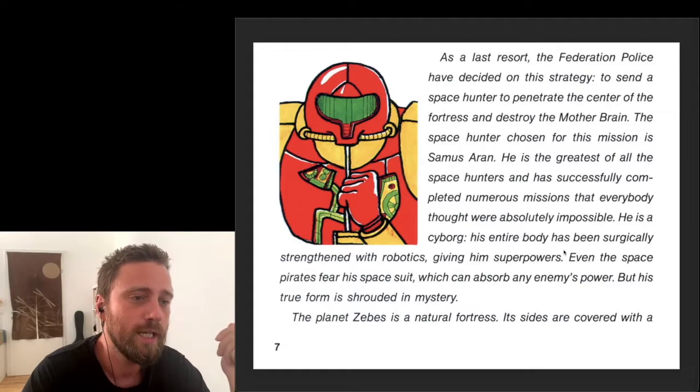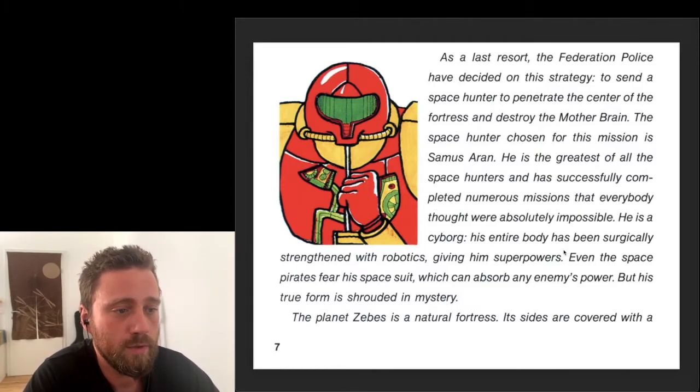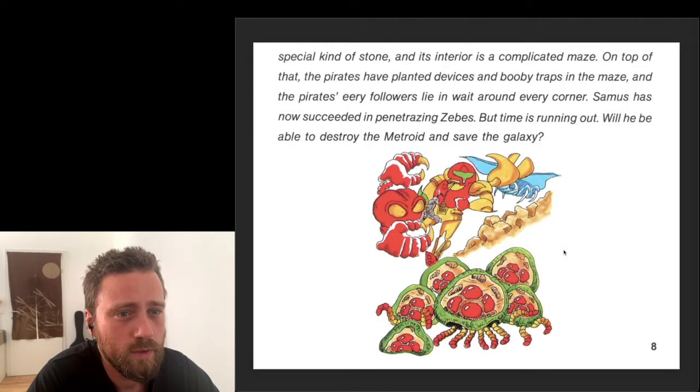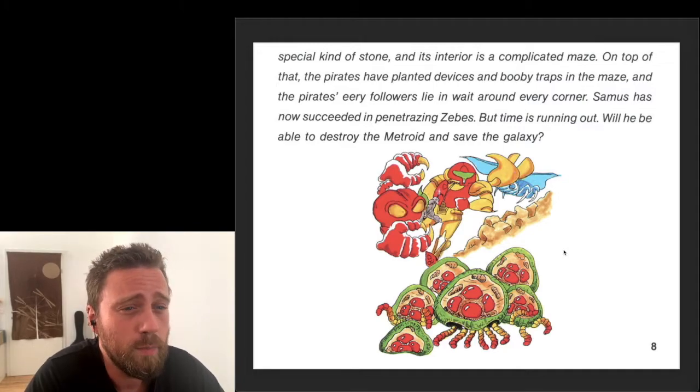He is the greatest of all the space hunters and has successfully completed numerous missions that everybody thought were absolutely impossible. He is a cyborg. His entire body has been surgically strengthened with robotics, giving him superpowers. Even the space pirates fear his spacesuit, which can absorb any enemy's power. But his true form is shrouded in mystery. The planet Zebeth is a natural fortress. Its sides are covered with a special kind of stone, and its interior is a complicated maze. On top of that, the pirates have planted devices and booby traps in the maze, and the pirates' eerie followers lie in wait around every corner. Samus has now succeeded in